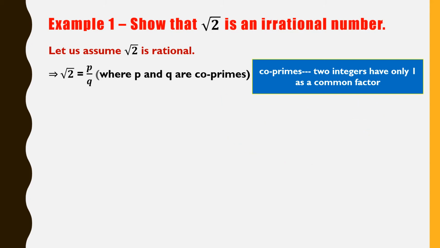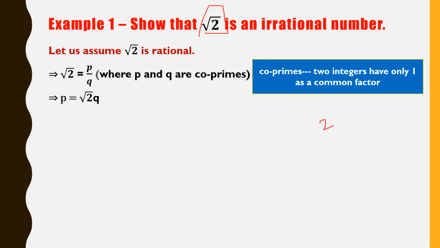Clear? So I put this p here and I send this q there. Why? Because we should show that there is one more factor in common, one more number which is common between p and q. We will tell it simply. Here you should know that if the question is root 2, you should say 2 is a common factor.